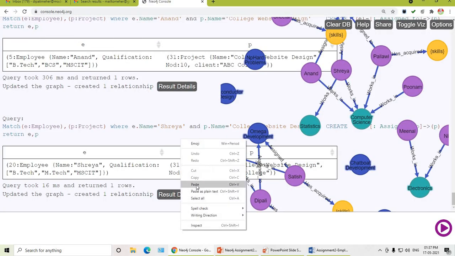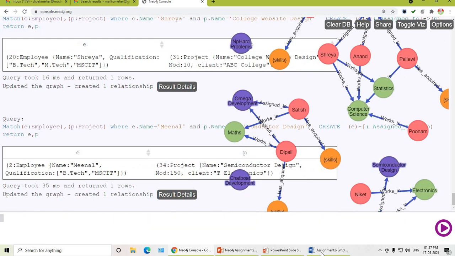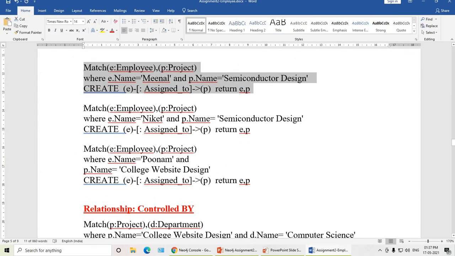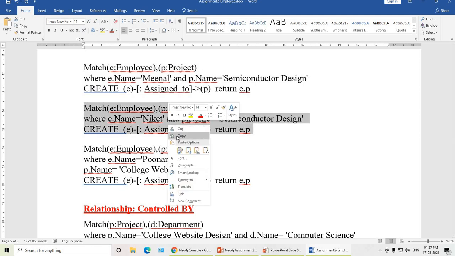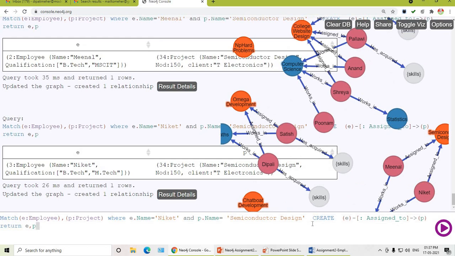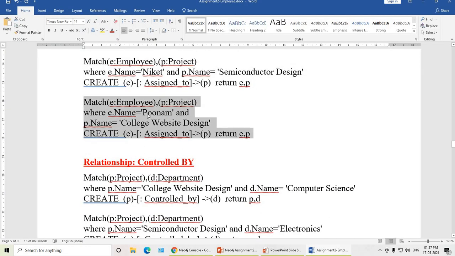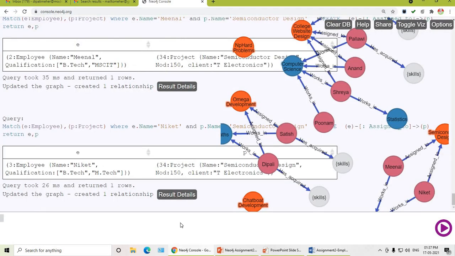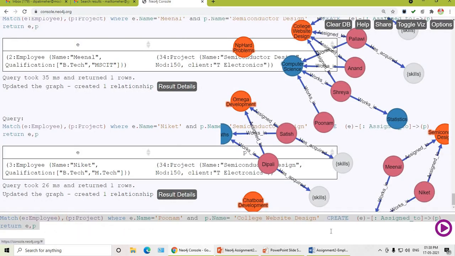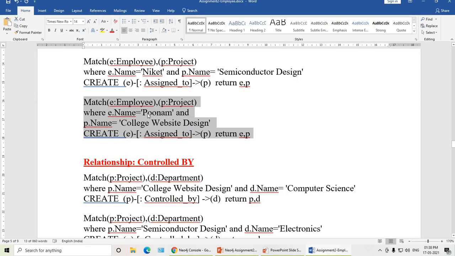Like this employee should be assigned to the project. So here I have created the relationship assigned to, employees assigned to a project. So till this we have finished with employee assigned to a project.